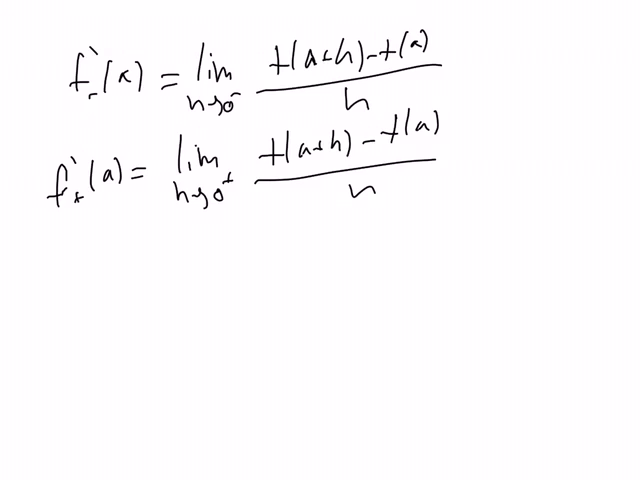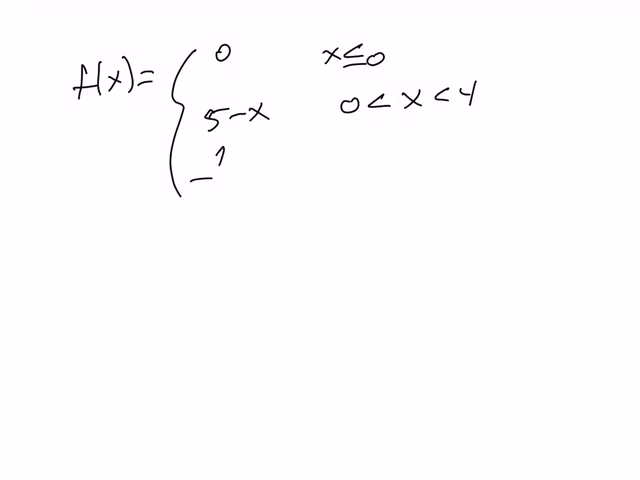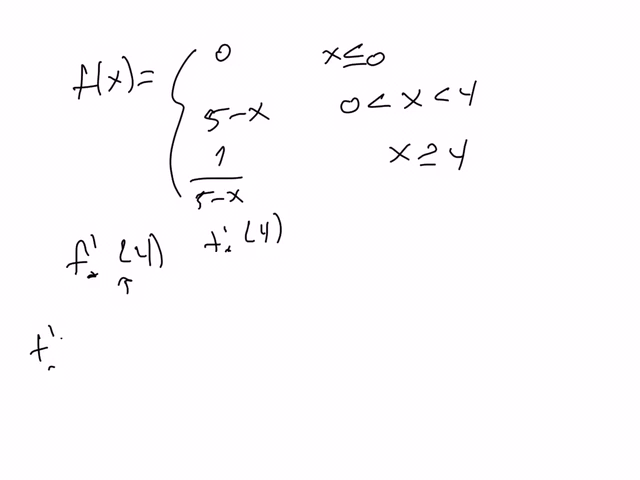So now we're given the function f of x equals 0 if x is less than or equal to 0, 5 minus x if x is between 0 and 4, and 1 over 5 minus x if x is greater than or equal to 4. So we're asked first to find f prime from the left of 4 and f prime from the right of 4, right? So by definition over here we're going to have f prime from the left of 4